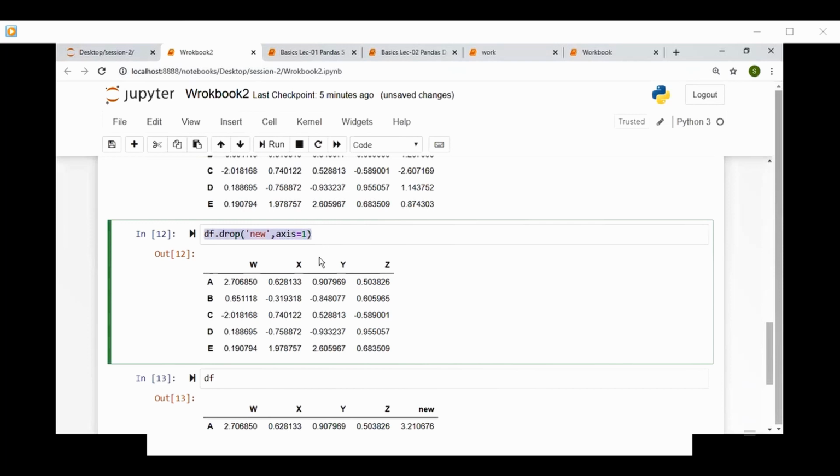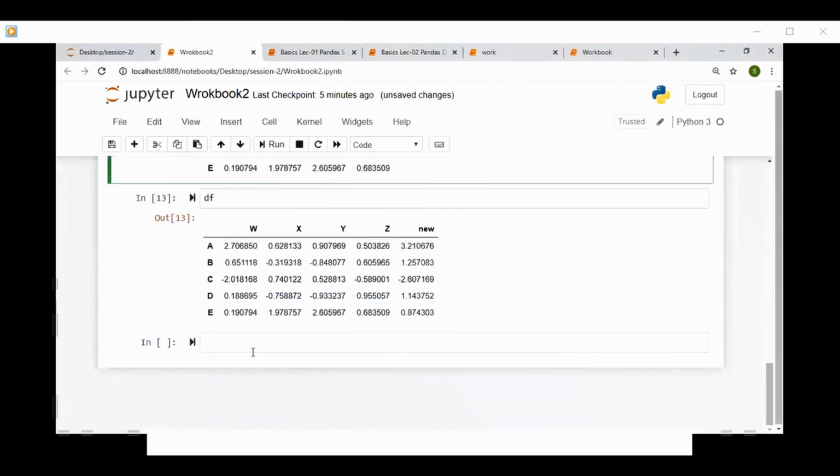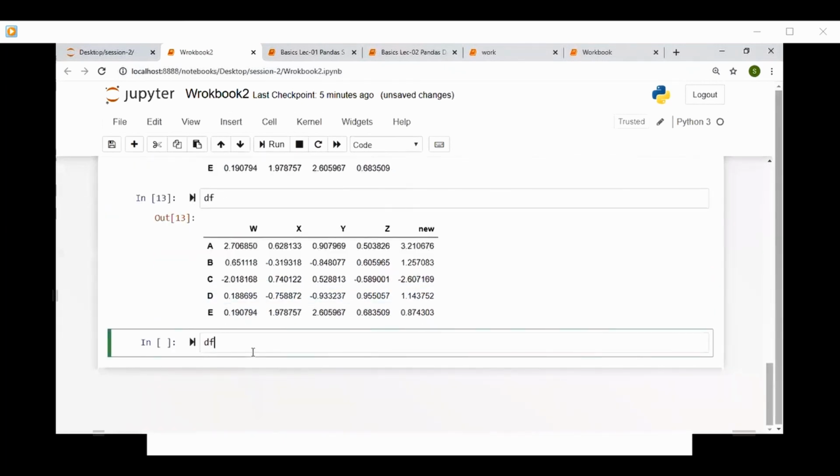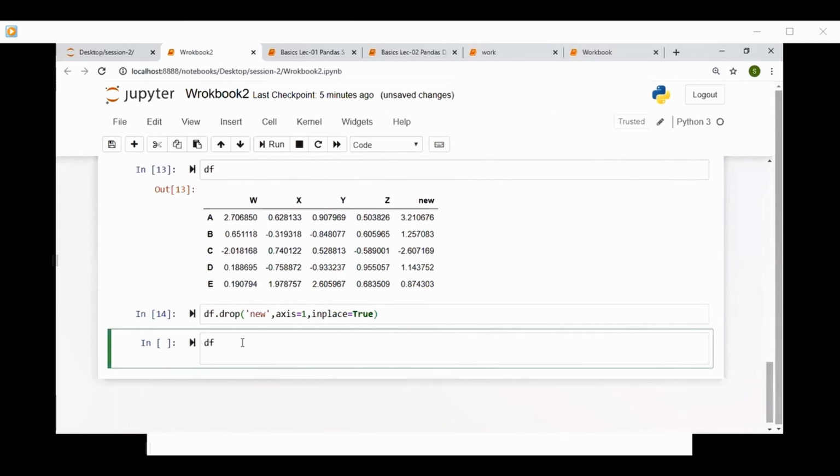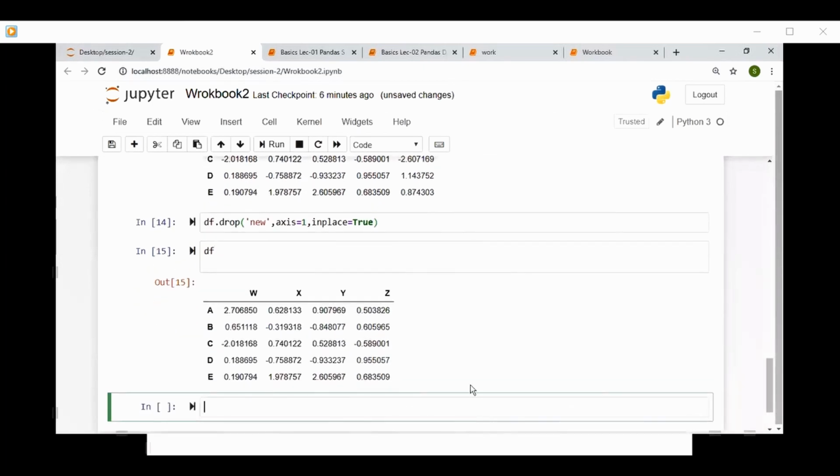If you want the changes to be made to the original calling variable, then you have to mention an attribute called inplace. df.drop, the name of the column, axis equal to 1, and inplace equal to True. What this inplace will do is make changes in the calling variable too. See, now the new column has been removed from our original data frame.